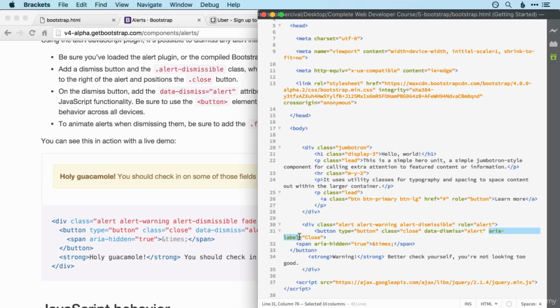Now, ARIA stands for Accessible Rich Internet Applications, which is another one of these things that makes your website easier to use for those with disabilities, which is yet another reason for using Bootstrap, because these things are built in. So if a user was using a screen reader, for example, or had accessibility options switched on in their browser, they may see a message called close there. And then we've got our